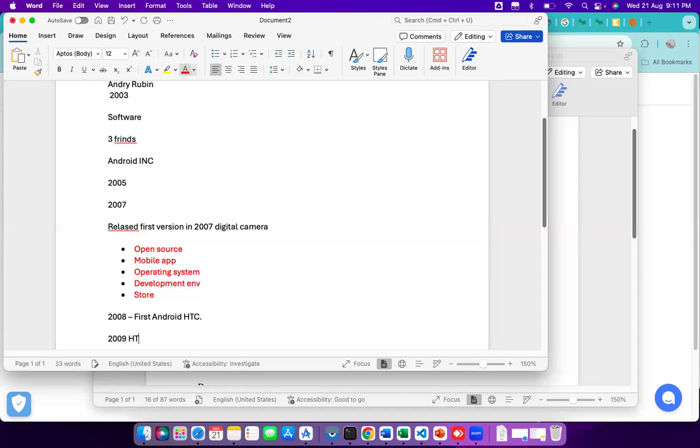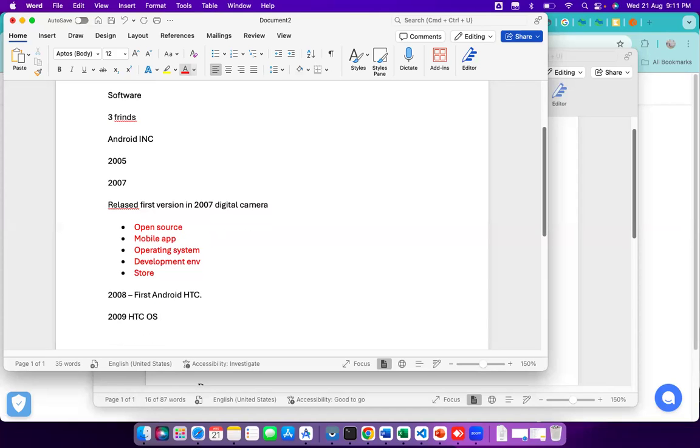By 2009, they released the second mobile with HTC again, as an operating system. As an operating system, it was the first version, released in 2009. Right.